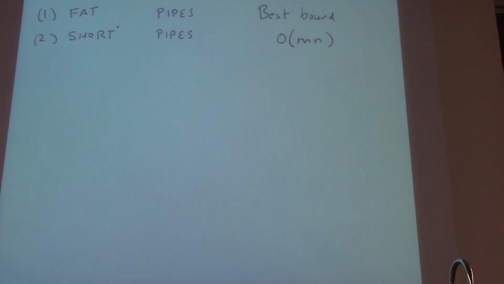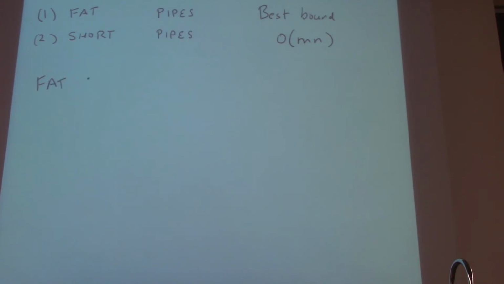You want to be able to show someone you can make faster progress. The problem with Ford-Fulkerson is it makes very slow progress. You want to be able to make faster progress in some form. And so these methods are ways to get you faster progress. The first approach is what we'll call fat pipes, which basically says both of these are just ways of choosing an augmenting path.